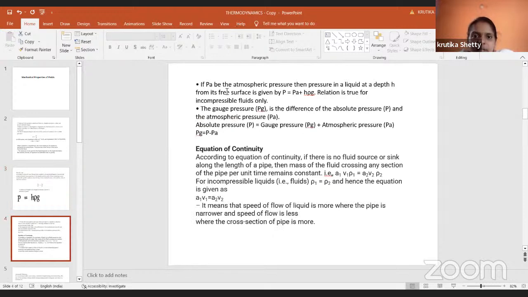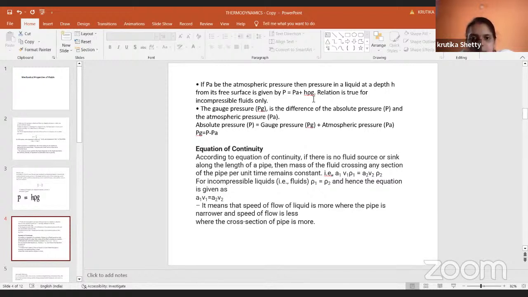Then next, here the pressure, again we have the expression. If you consider PA as the atmospheric pressure, then pressure in a liquid at a depth H is given by... So if you consider the atmospheric pressure, what is the pressure acting on the system? So this is given by P is equal to PA plus